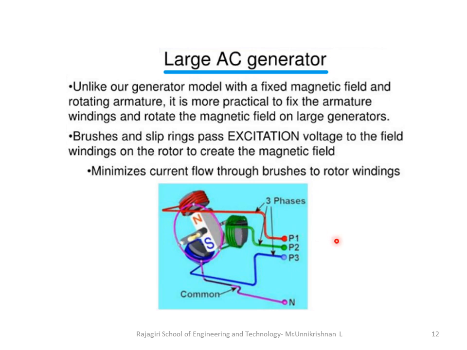So as per Faraday's law, you know that there should be a relative motion between the field as well as the coil. Either you can move the coil, or you can make the coil stationary and move the field. So this is the second type by which you can generate the same 3-phase AC, by keeping coils stationary and making the field move or rotate, so that it creates time varying flux lines, and those time varying flux lines will be cutting the coil. So these constructions are the practical ones which are used for high rated generators.